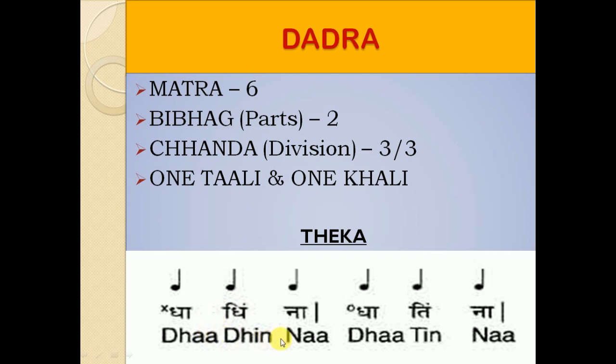Here it is 3, it may be more than 3, that depends, and we will learn about that very soon. And how many Tali and Khali are there? There is 1 Tali and 1 Khali. Now how will you know whether there is 1 Khali or 1 Tali? See,